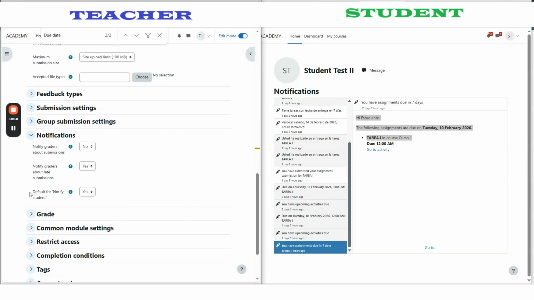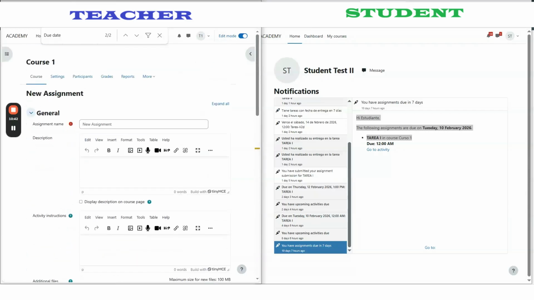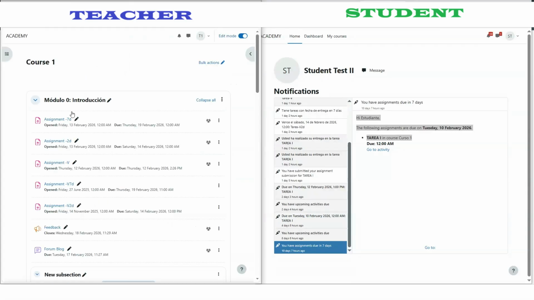And then we have another configuration here as a teacher, which by default is set to yes, and this is just asking if you want to notify your student whenever you grade one of the submissions in an assignment. By default is yes, and that means that if I go to a course, let's see here, for example, this one, and I